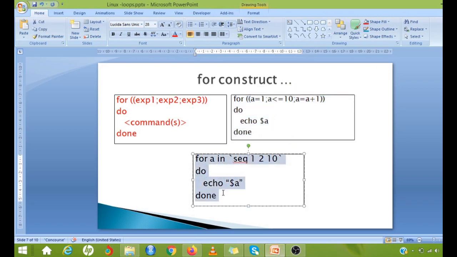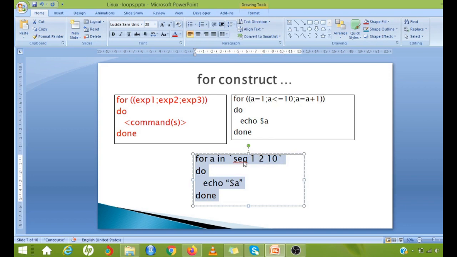Let us try the other example also: for a in `seq 1 2 10`. What does it mean? So here the back quote, which is given in the key underneath the escape key, asks Linux to execute this, and the answer is placed here. The output will be placed here.